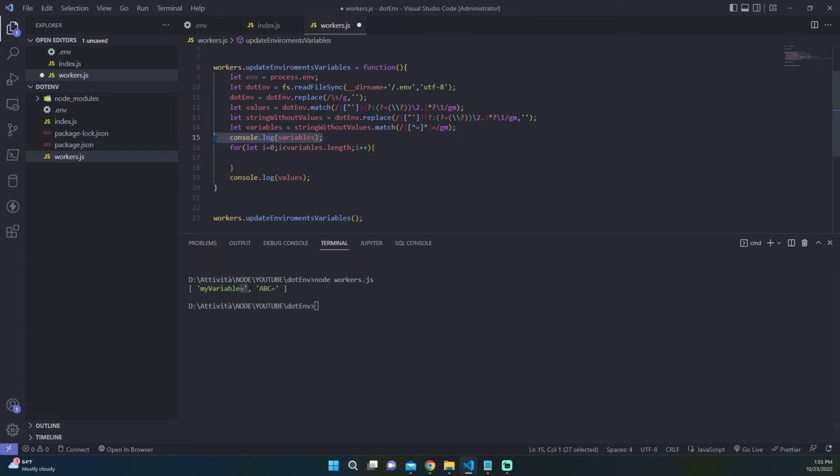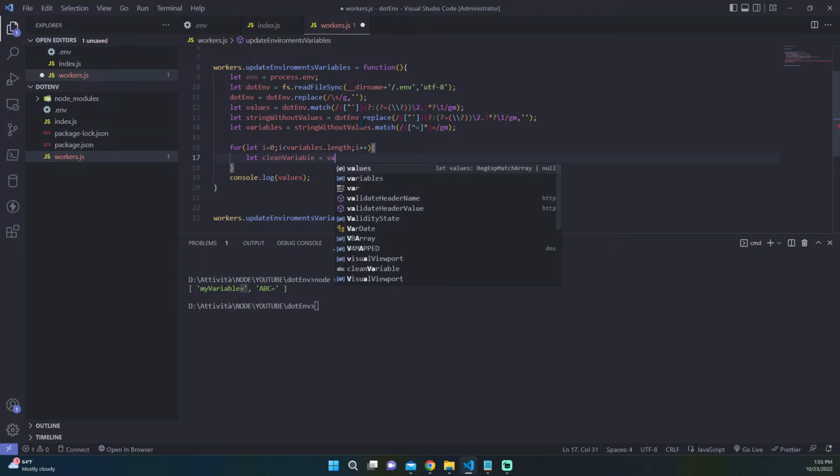So in order to clean this string, we have to replace it with an empty string. So let clean variables